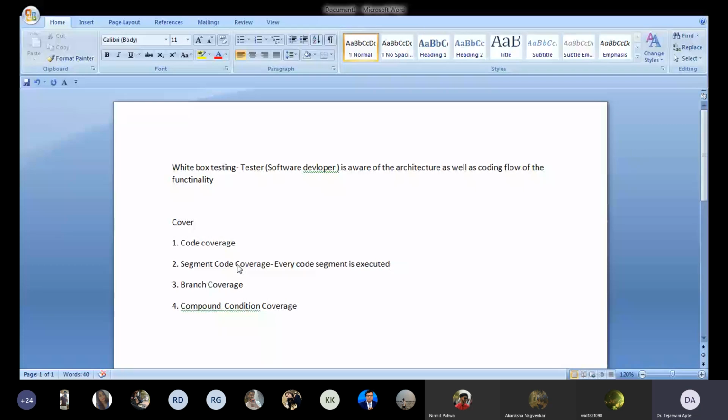The next thing is the branch coverage, where the code or conditional branch is getting executed, right? Now the compound condition coverage,